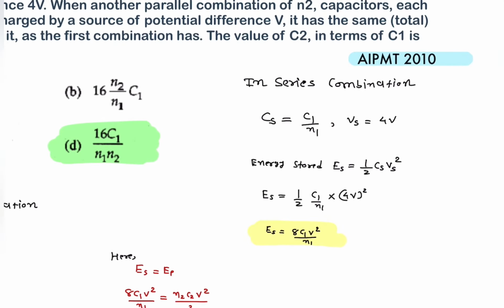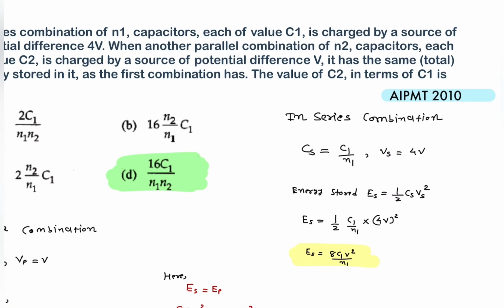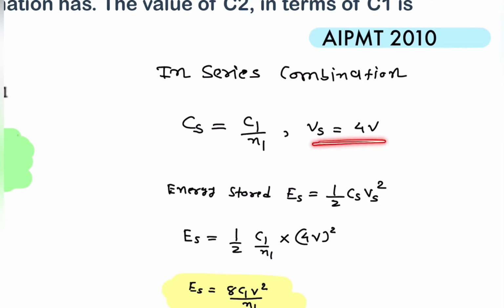So first of all, in case of the series combination, the equivalent capacitance CS is equal to C1 by N1, because each capacitance is identical, having the value C1, and there are N1 capacitors connected in series. So CS is equal to C1 upon N1, and voltage in series is Vs equal to 4 volt. So energy stored in it,